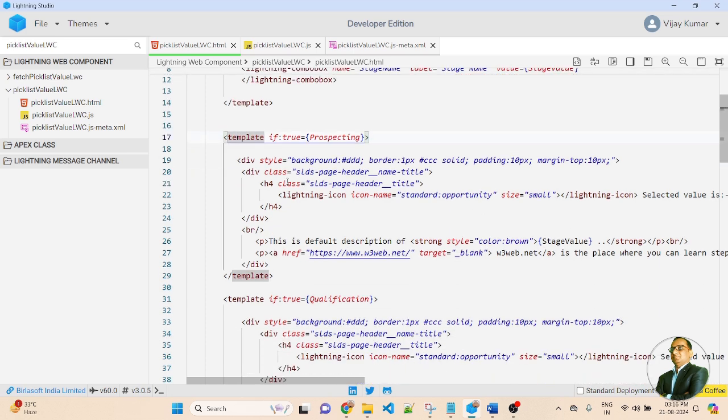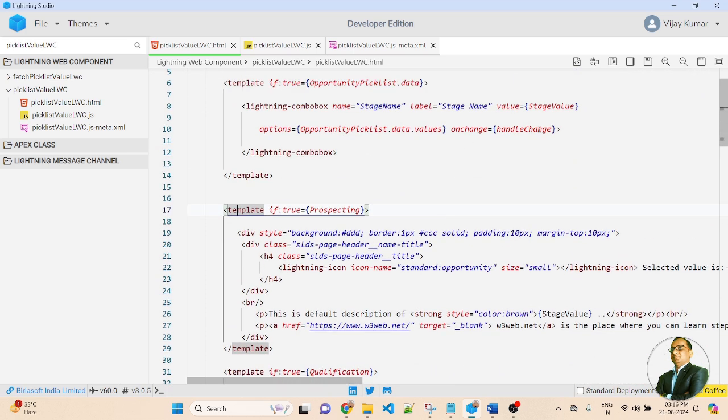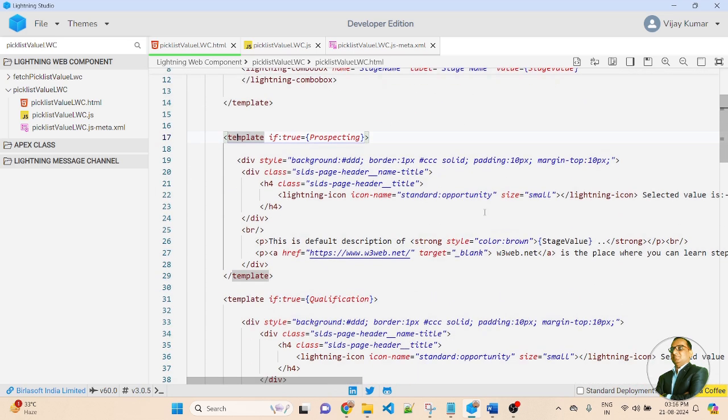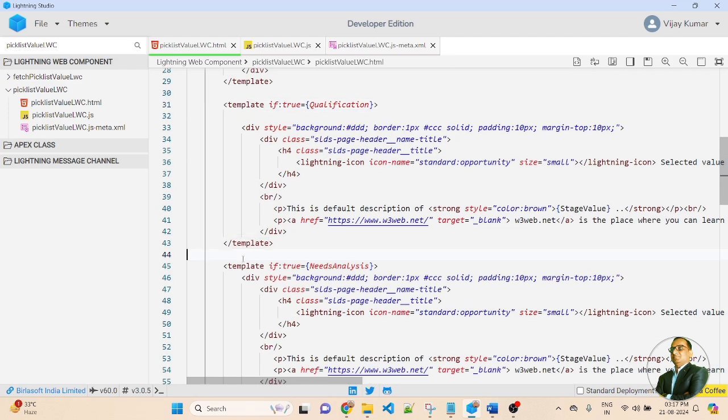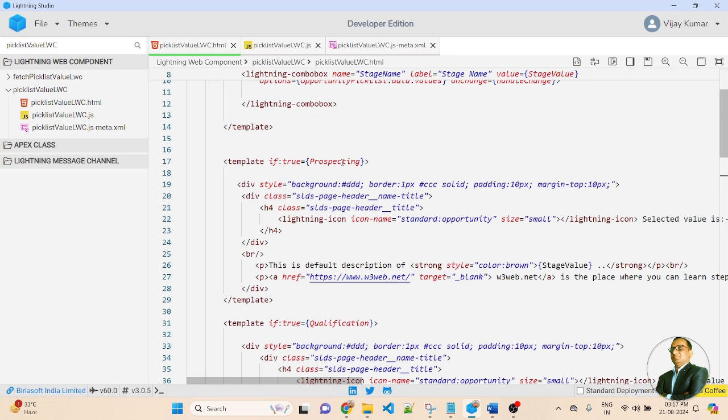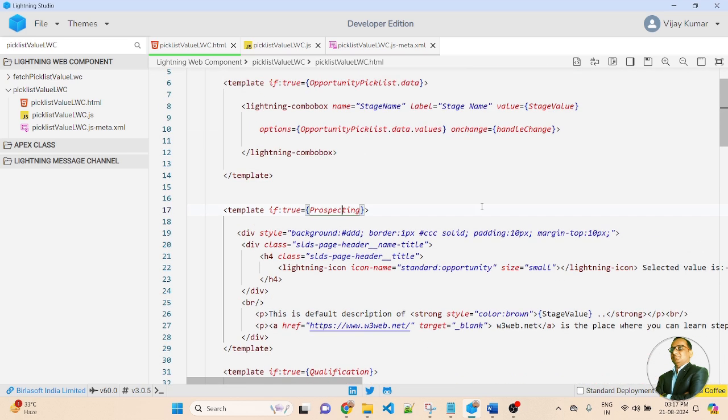Now I am using different types of templates. So friends, once you select a picklist value, we will display it in a container. Based on the selected value, I will display a different container. Each and every container has a different variable.